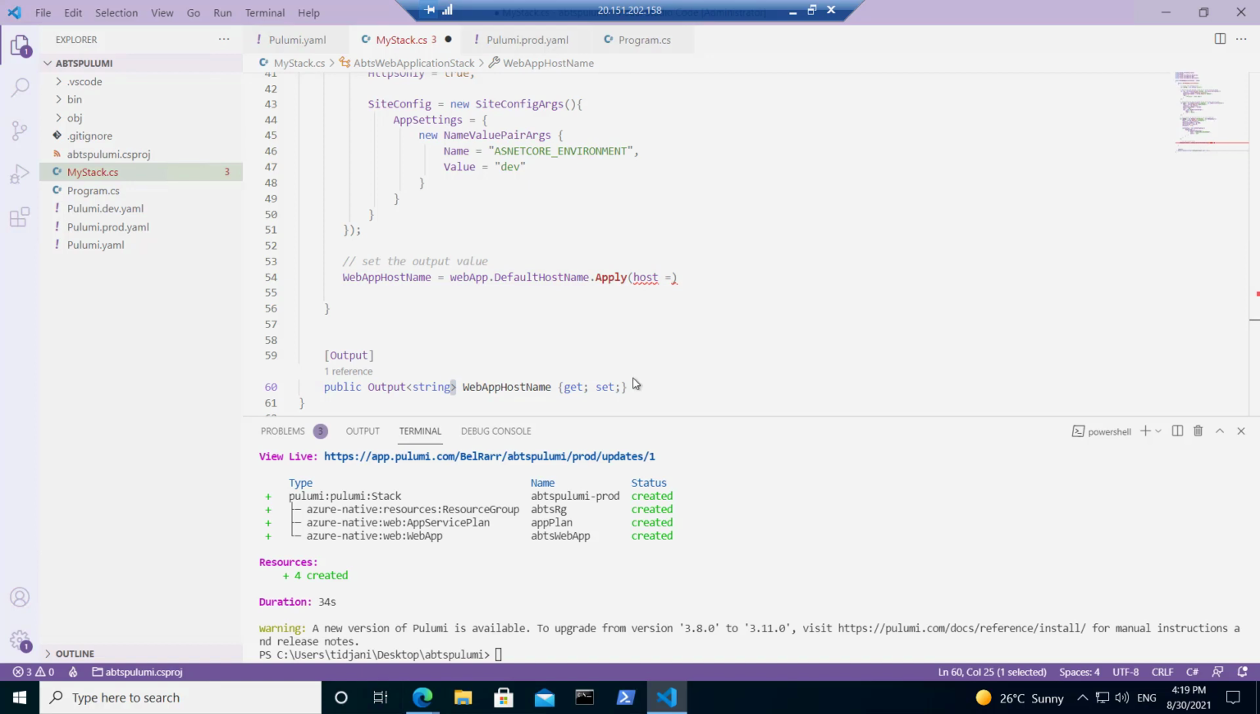And what I will do here, I will take that value and say https:// plus host. Okay, so once that default hostname value is available after the web app is created, I will take that value and store it into my output variable here, https:// with the hostname that was provided here. Okay,